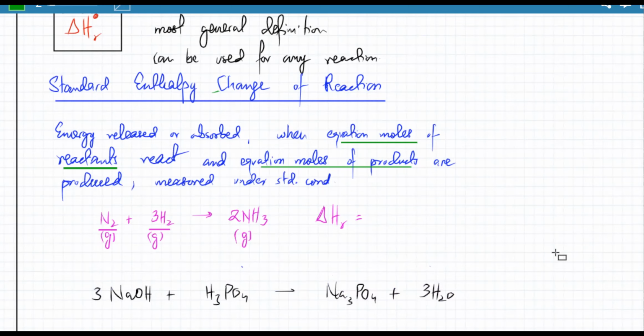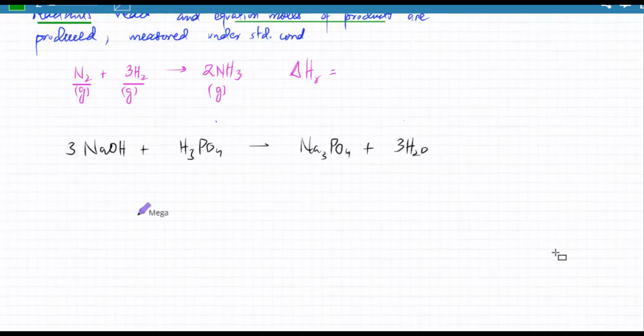Let's say they tell us that they did a reaction in the lab, and they used 30 grams of NaOH. And the energy change that they calculated for this particular reaction was, let's say, minus some hypothetical value, minus 200 kilojoules per mole. So can I call this the enthalpy change of reaction? I probably cannot, because